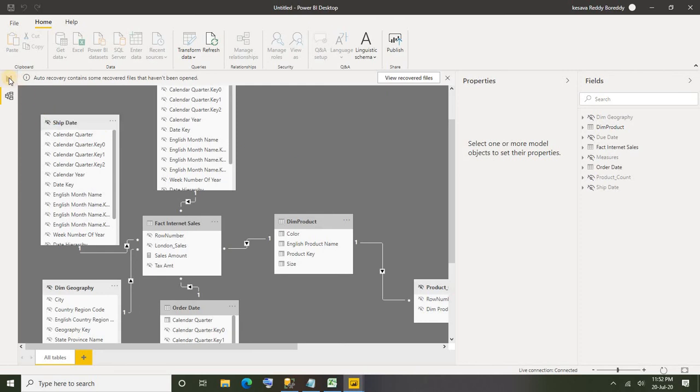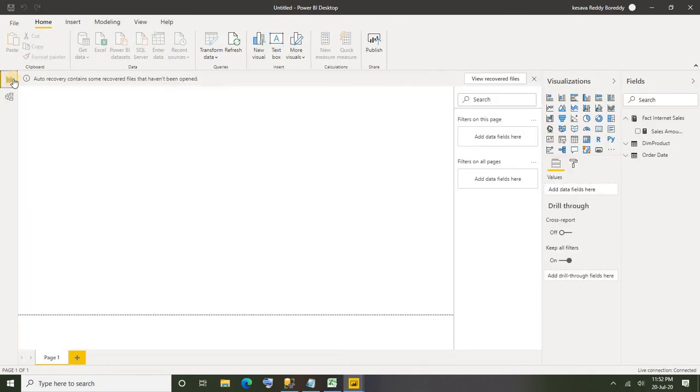So that means in your live connection you can use only one tab, that is the report tab. Alright, in import you can use all 3 tabs, that is report tab, data tab and model. And in direct query you can use only report and model, but you can't use the data tab because data is never stored in your Power BI, so you can't do any transformations. Of course if you want to do any transformations while loading itself you can do, but once you load it, that's it. And in live connection you can use only one tab, that is the report tab. Alright, I hope this is clear for you guys.